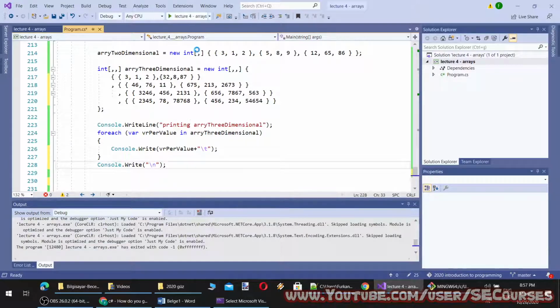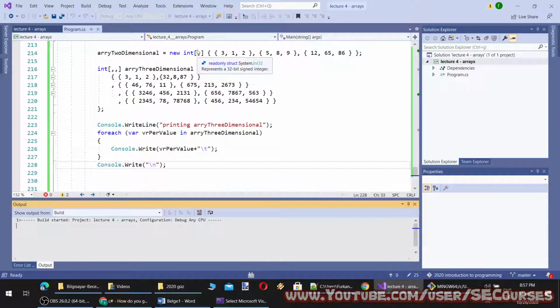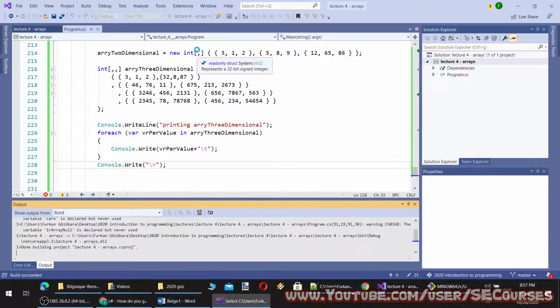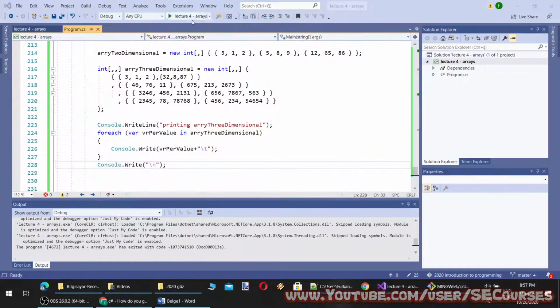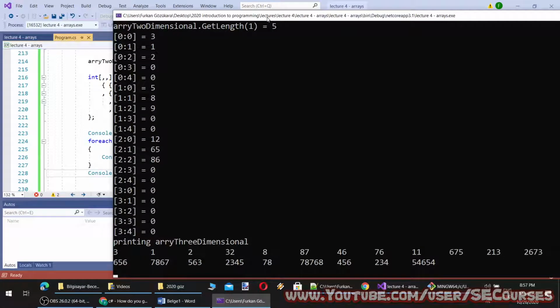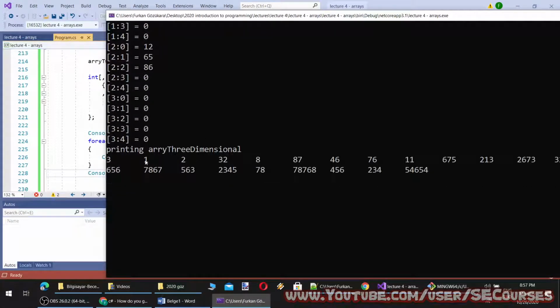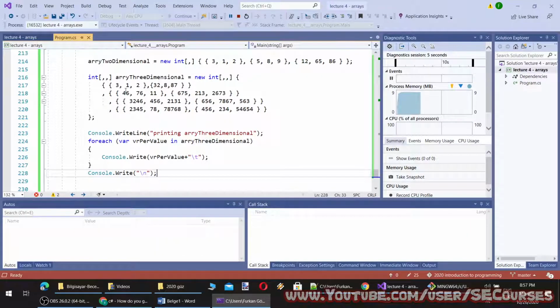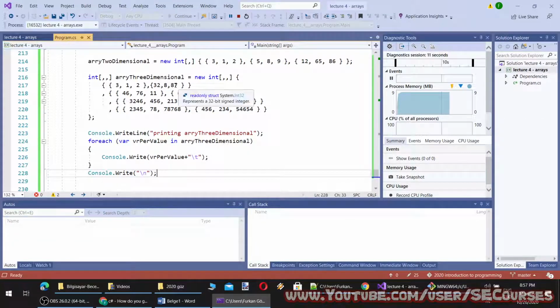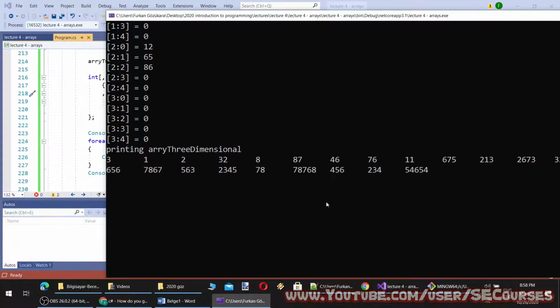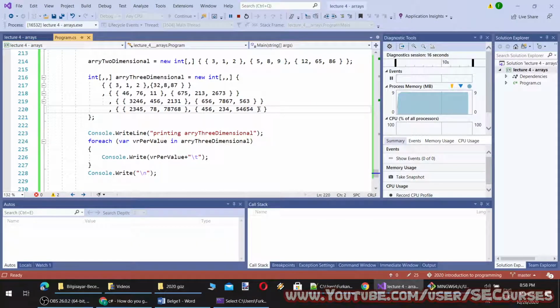Let's run it. Now you see 3, 1, 2, 32, 3, 1, 2, 32, 8, 78, 46, 8, 78, 46. This is iterating each number one by one.